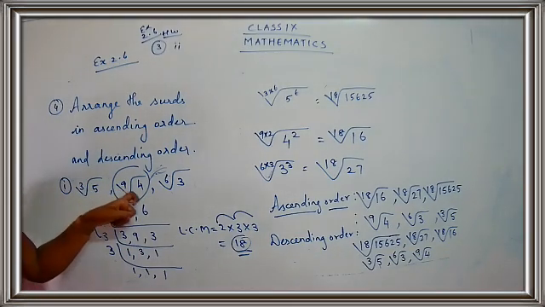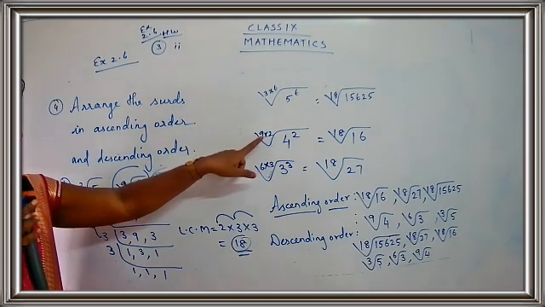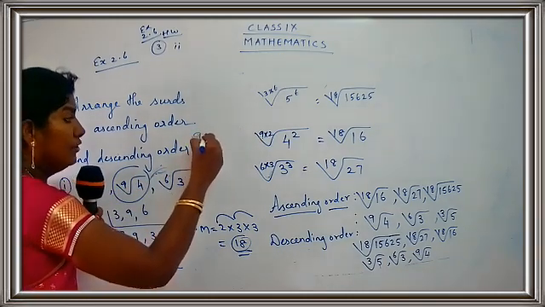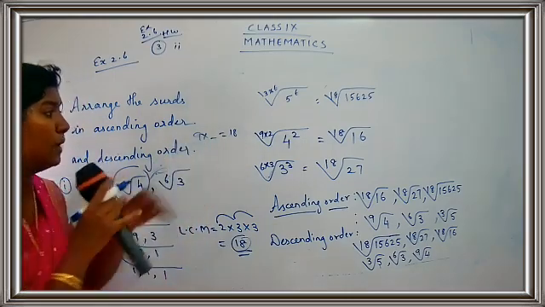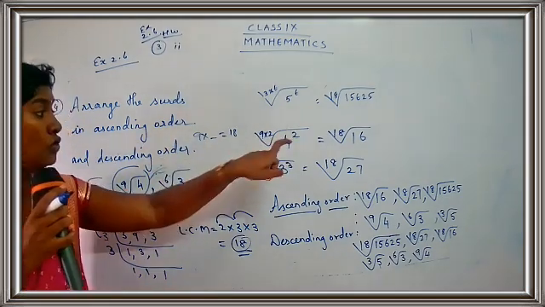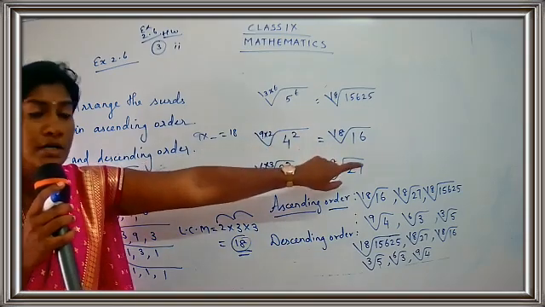Then you had 9th root of 4. So I want here 18. I have already 9 present, so 9 into dash is equal to 18. 9 into 2 is equal to 18. So when you multiply here by 2, you have to raise the power for the radicand as 2. So 4 square. 4 into 4, 16.